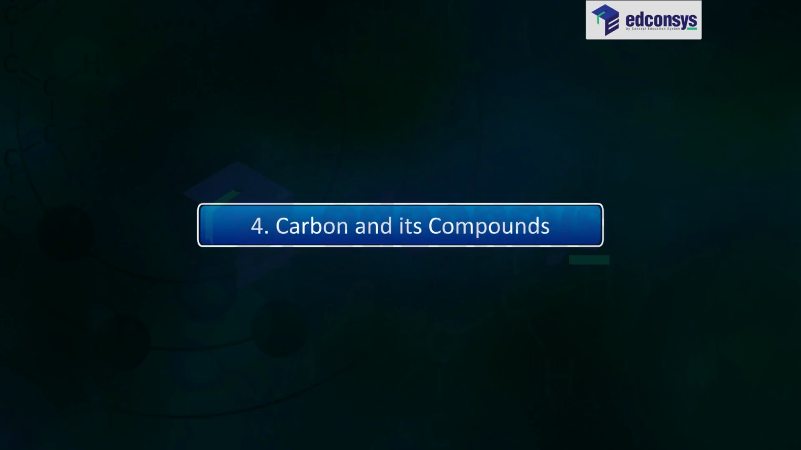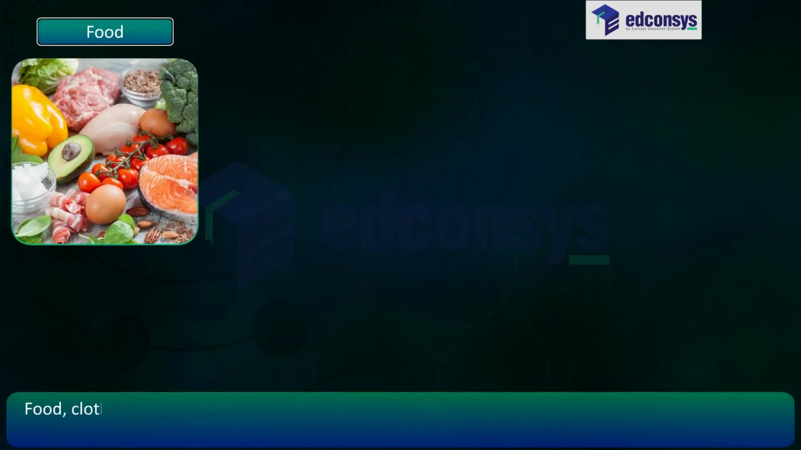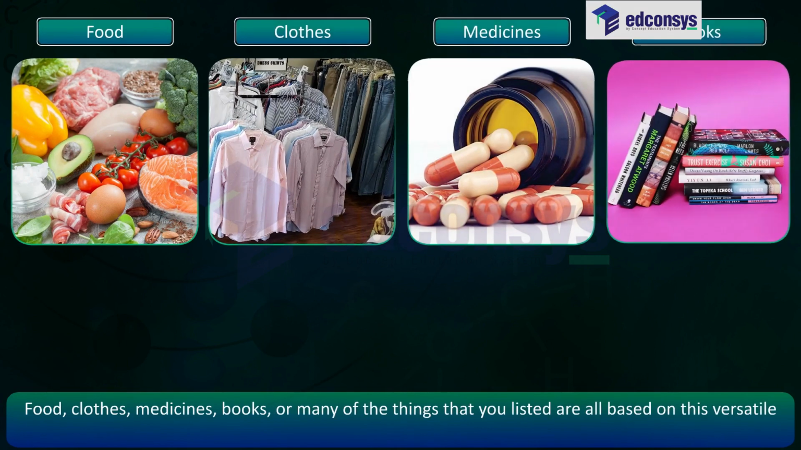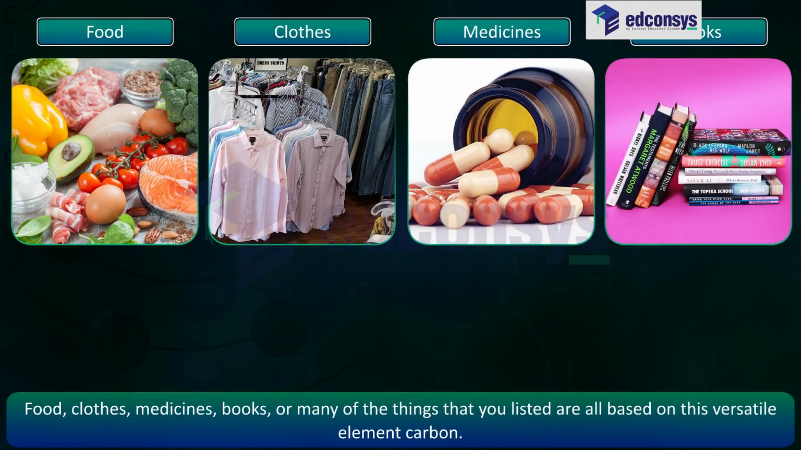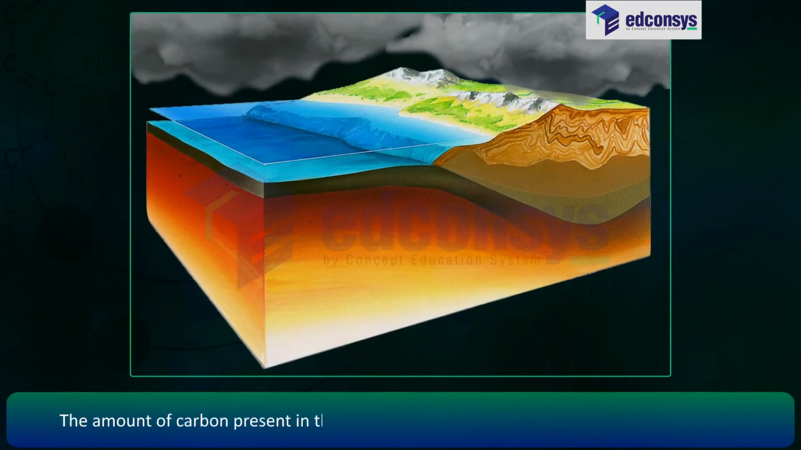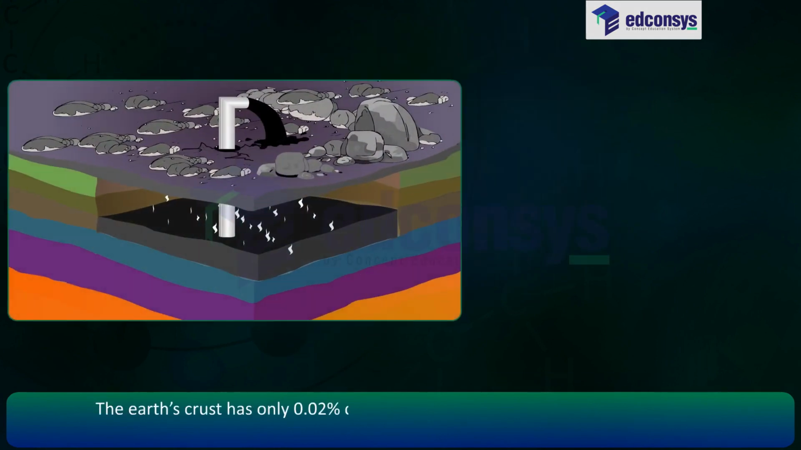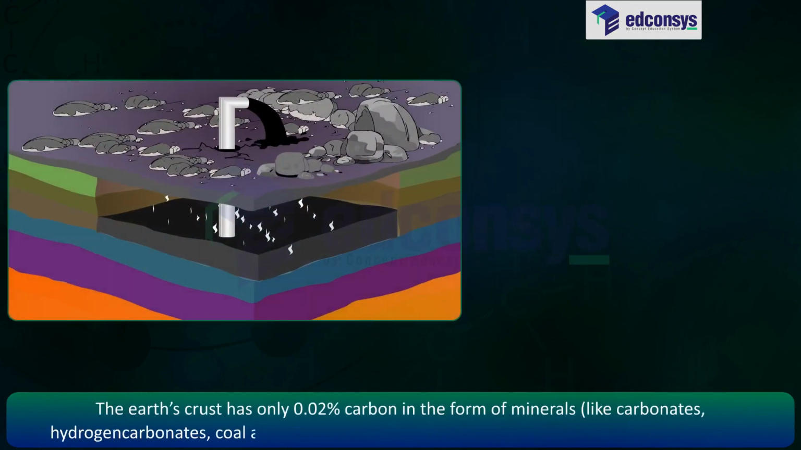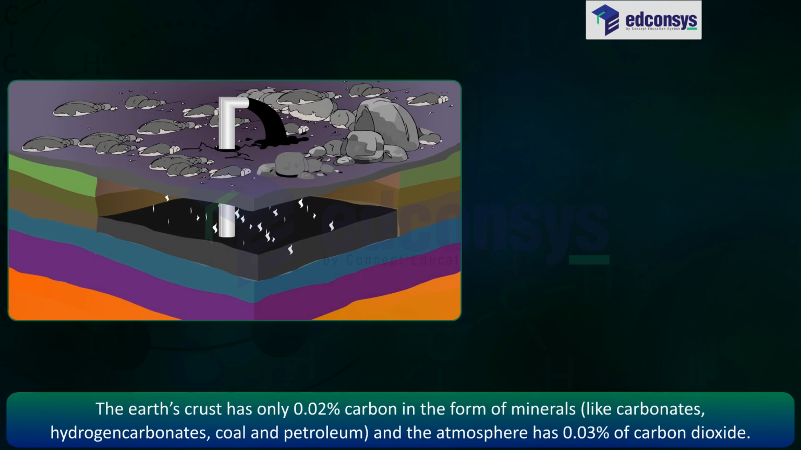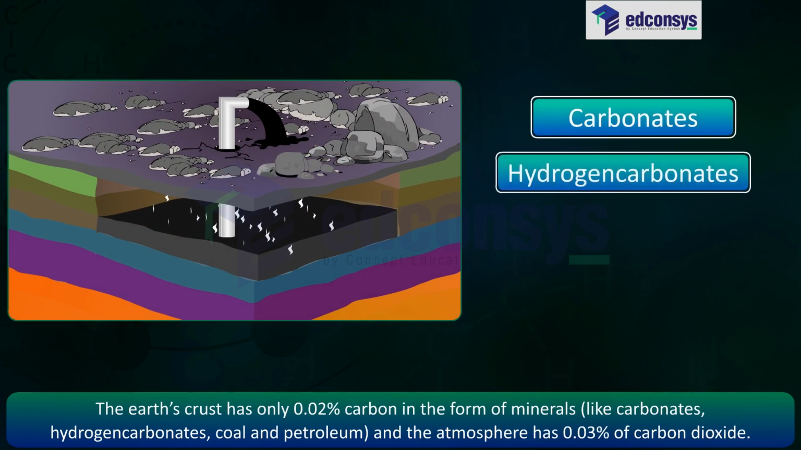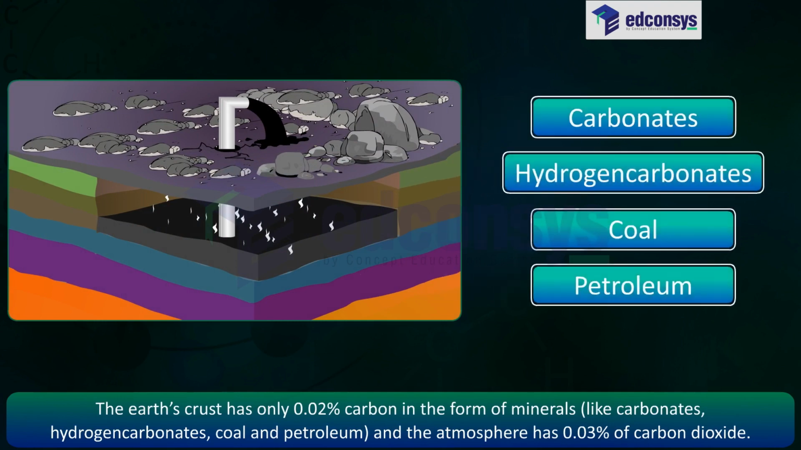Carbon and its compounds. Food, clothes, medicines, books, or many of the things that you listed are all based on this versatile element, carbon. The amount of carbon present in the Earth's crust and in the atmosphere is quite meager. The Earth's crust has only 0.02% carbon in the form of minerals like carbonates, hydrogen carbonates, coal and petroleum, and